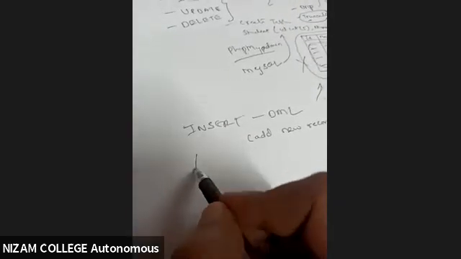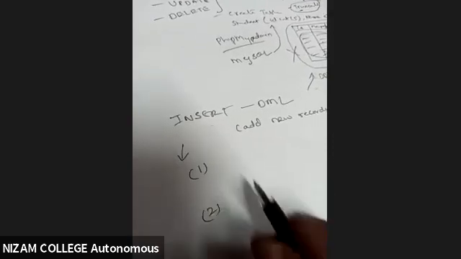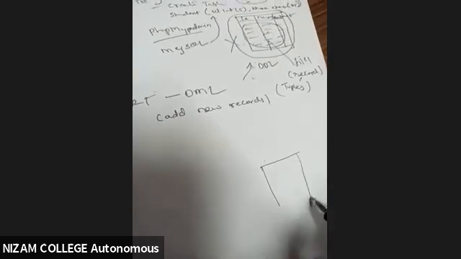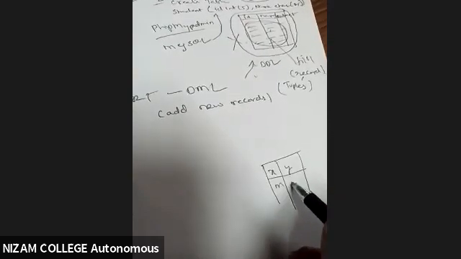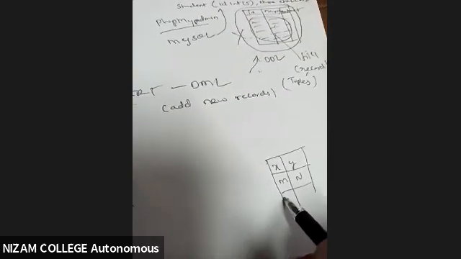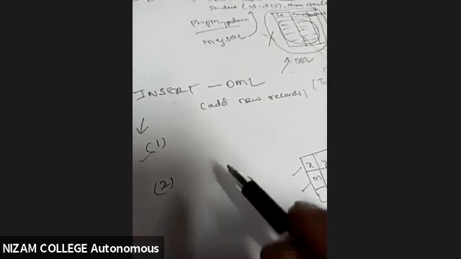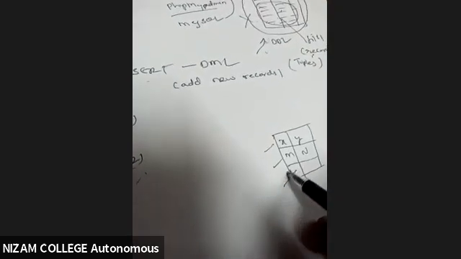Now what is the basic syntax for this? The syntax is of two types, type 1 and type 2. See, the scenario is like this. I want to fill the records like this, X, Y, M, N, filling one by one. If I want to insert the records one by one, I'll go for type 1. Now I want to insert bulk records. At a time I want to insert 10 records, or at a time 20 records.